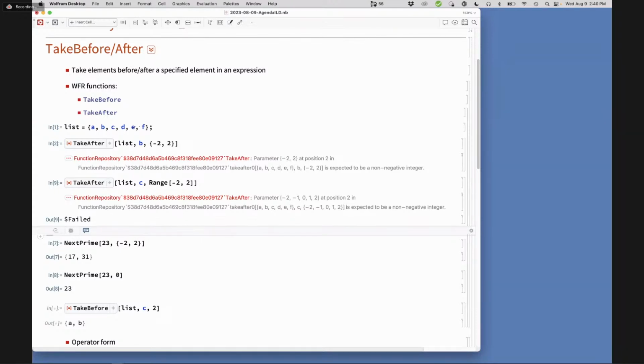That's the design question I have at the bottom: what do you do for repeated elements? I presume you do the first one. I think that's what the current version does. But you might want different behavior, whether it's take after or take before. So take before does the first one, take after does the last one. Yes, unless we want some additional argument that is the nth instance of expr. The current implementation's fourth argument is a level spec, rather than an instance.